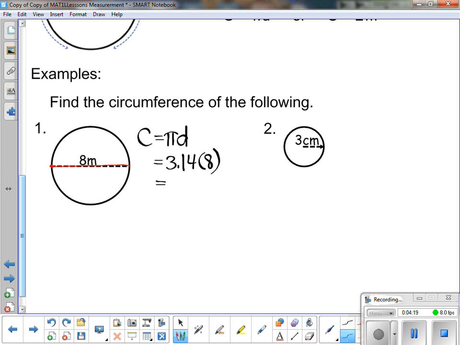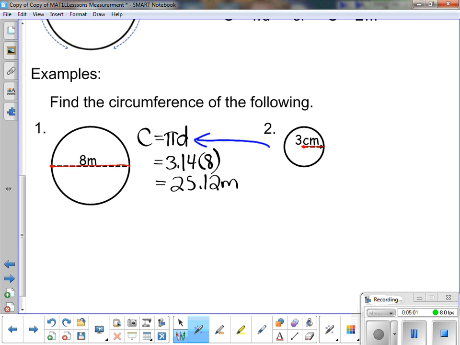I'm going to take out my calculator and go 3.14 times 8, and what I end up with is 25.12. And again, my units in this case, I go back to my picture and I can see that the units this time are meters, so I'm going to put meters here. The final question, again, we're finding the circumference, but this time they didn't give me the diameter, they only gave me the radius. So I can either use the formula from the first question and figure out what the diameter is,